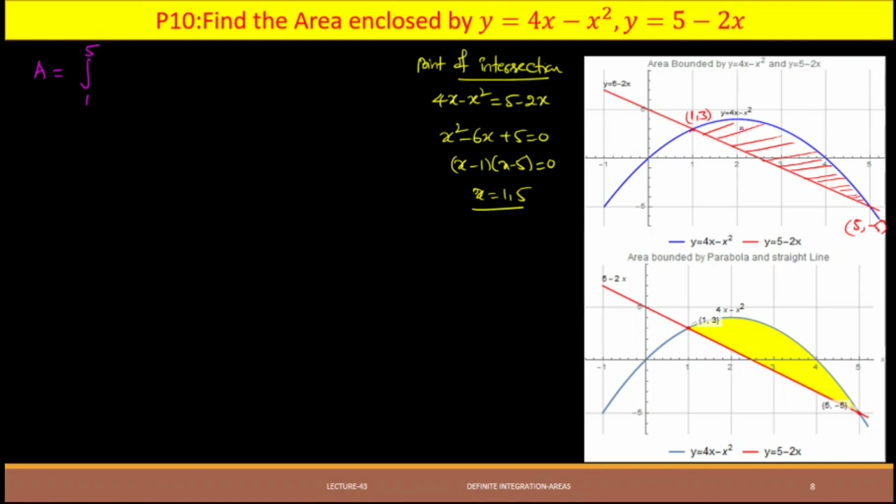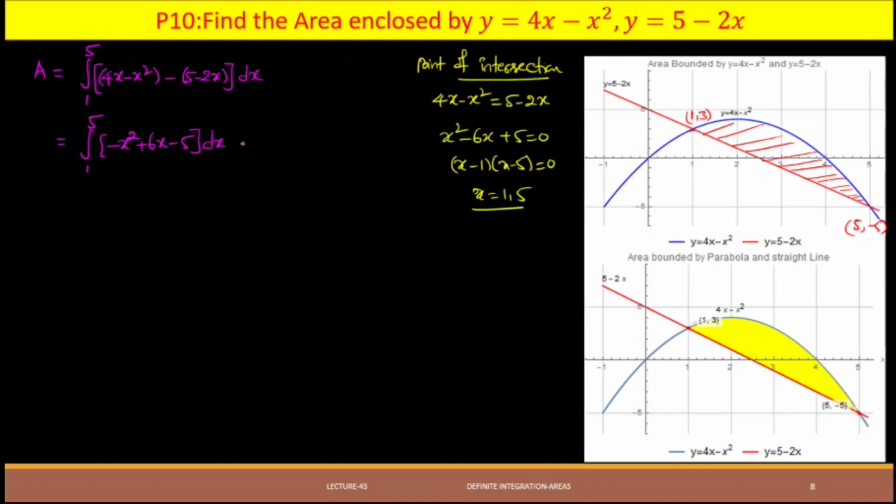What is the upper curve here? It is 4x minus x square, and the lower curve is y equal to 5 minus 2x, which is a straight line. Let me simplify this. The integral from 1 to 5 of 4x minus x square plus 2x minus 5, which is minus x square plus 6x minus 5,